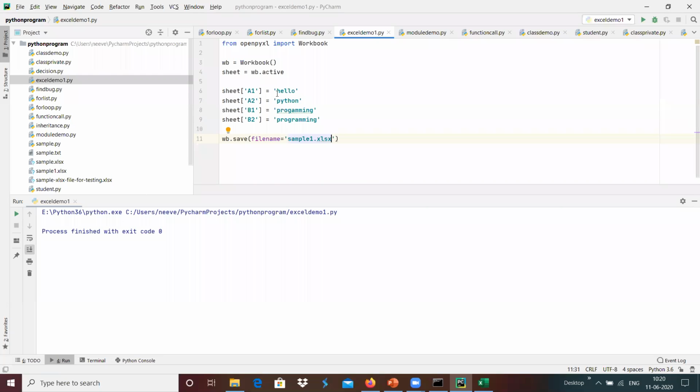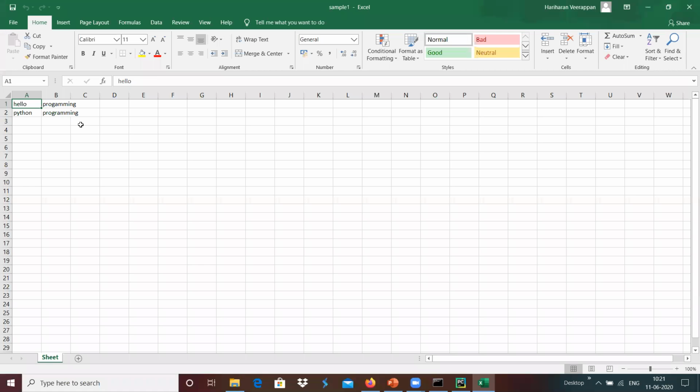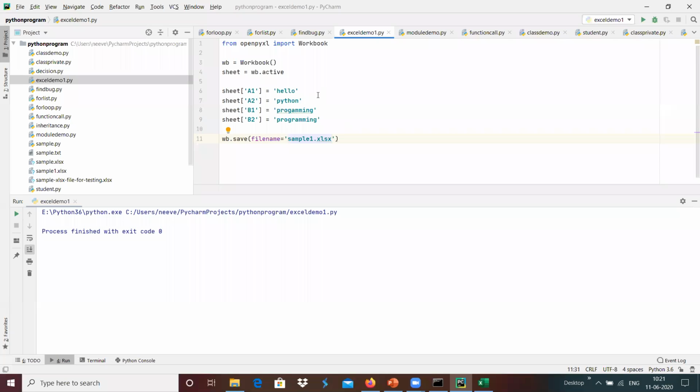Yeah, A1 has been updated with hello, A2 has been updated with Python, B1 has been updated with programming, and B2 has been updated with programming again. Whatever content we are giving, it gets updated into that particular location.